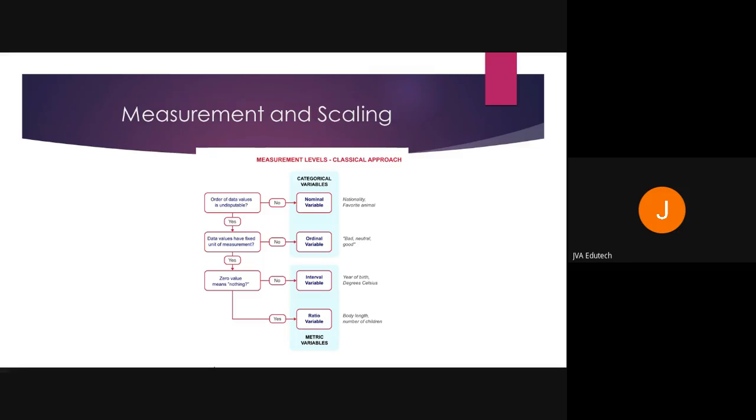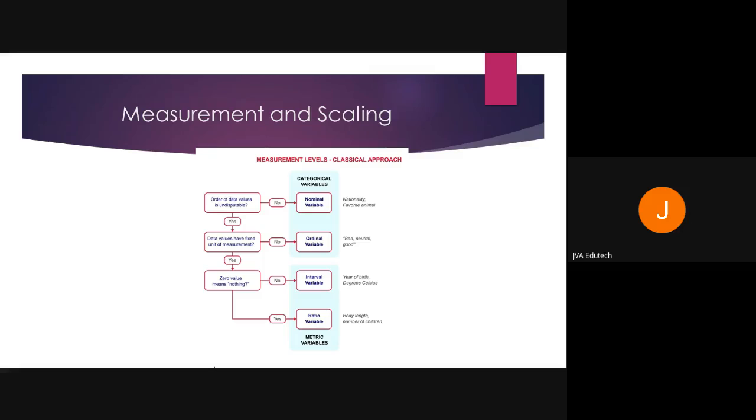You have to keep this in mind, because every decision tree will first take into account whether your data is categorical or metric. Throughout my sessions, if you could have seen, I have used the terms continuous variable, metric variable, categorical variable, isn't it? Yes. So first you have to be clear about the nature of your measurement. Are you clear with the concept of nominal, ordinal, interval, and ratio? No, sir, I'm not clear.